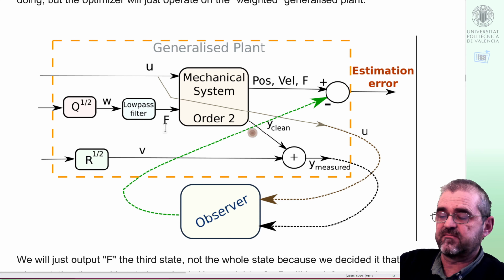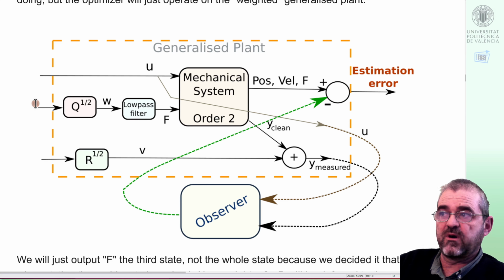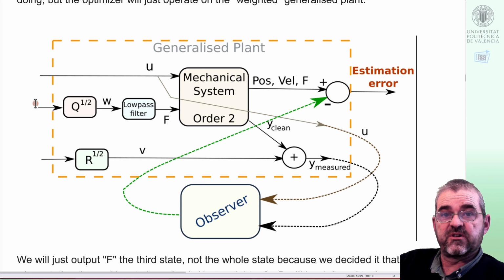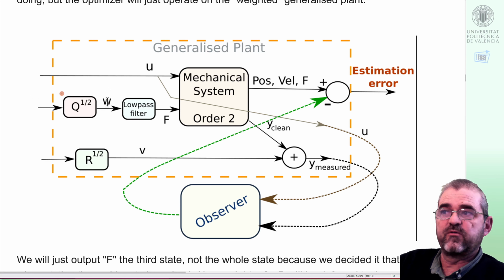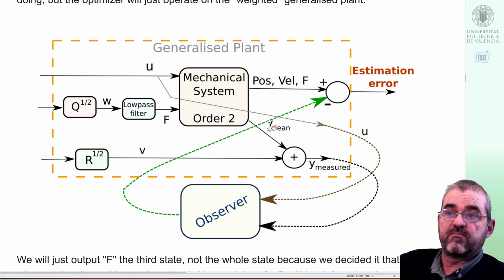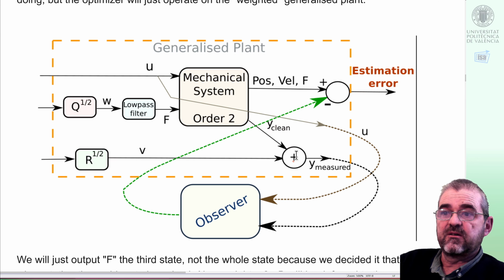Well, it means that we'll have a scaled amplitude 1 or power spectral density 1 process noise input that will be modulated to some physical units. In this case, multiply by 4. It will be low pass filtered. This will give me the force that added to my U will move my mechanical system, and then I will have some position measurement in this case labeled as Y clean that will be corrupted with additive measurement noise V